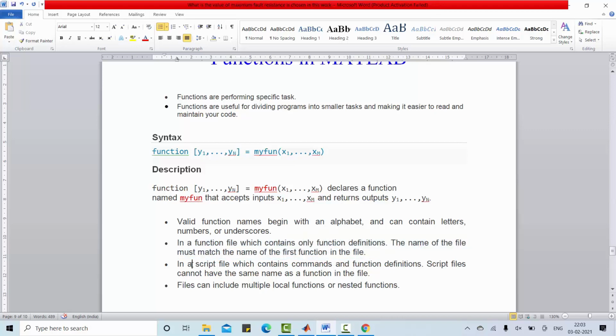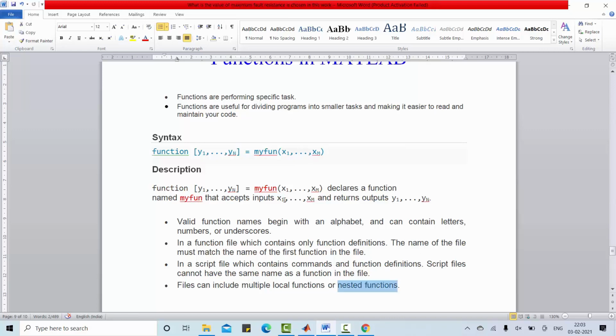Then a script file, which contains commands and function definitions, must have a different name and should not have the same name as a function in a file. And finally, files can include one or more functions.